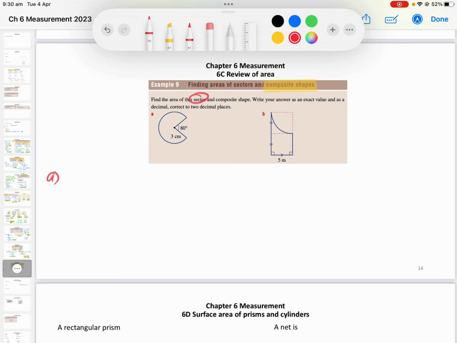So if this is 80 degrees on the outside, what's left to get 360 is 280 degrees. So I want to get 280 degrees out of 360 and then times that by the area. Don't be tricked because this is 80 and that's sort of the trick. A lot of kids would use 80, but if you're doing that, you're finding this bit, whereas we actually want to find this bit. All right, so we go 280 over 360 times pi times 3 squared, because 3 is